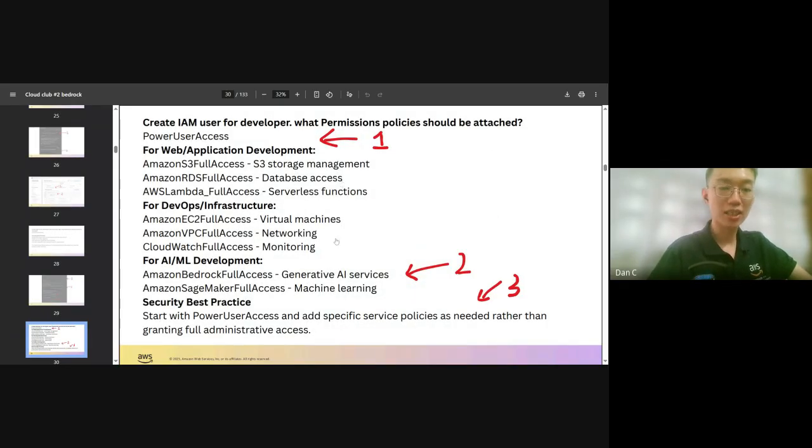So here is the guideline from Amazon Q. For the IAM user, first, we need to create the power user access. And then, since this is an AI and machine learning developer, we need to create the Amazon